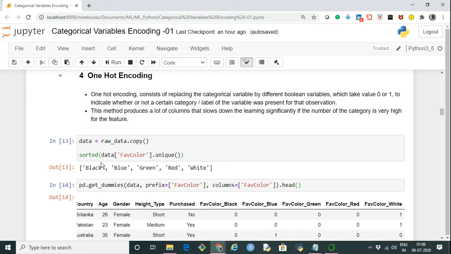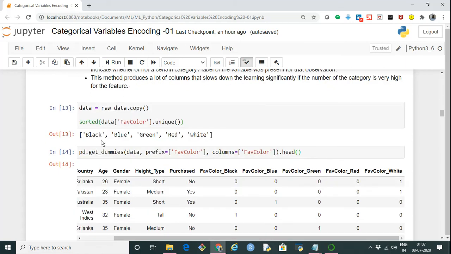So let's take an example. I'm again just taking the data afresh. This is the raw data, in which we stored the original, and I'm taking it afresh in a data frame. Now let's display the color. These are the different colors: black, blue, green, red, and white.